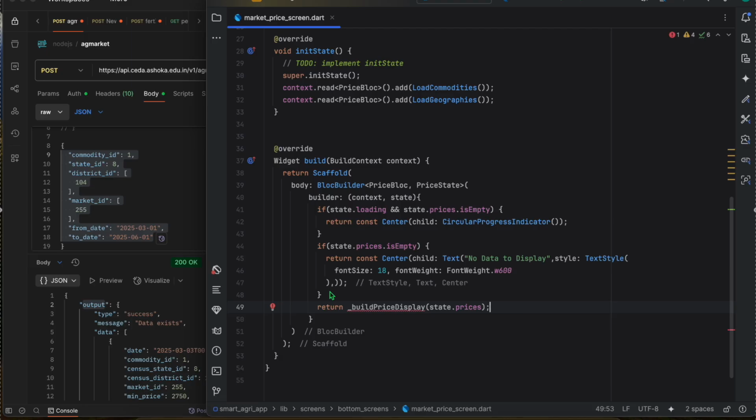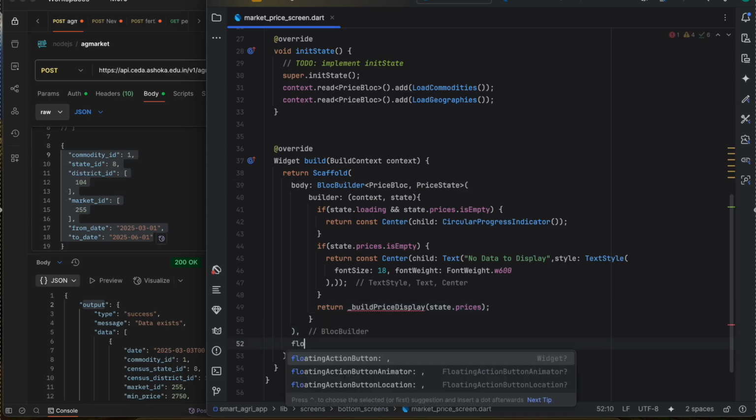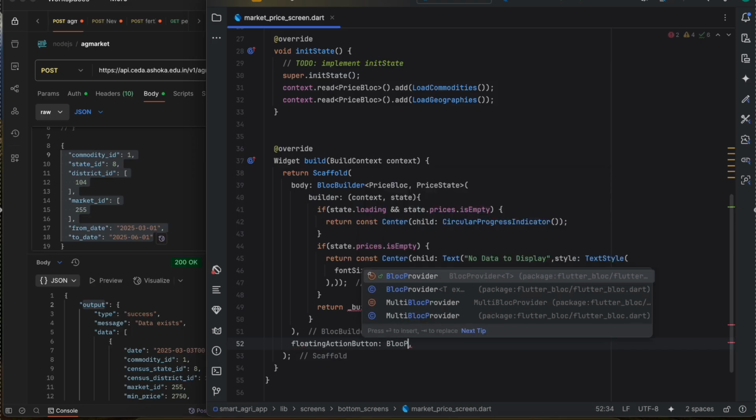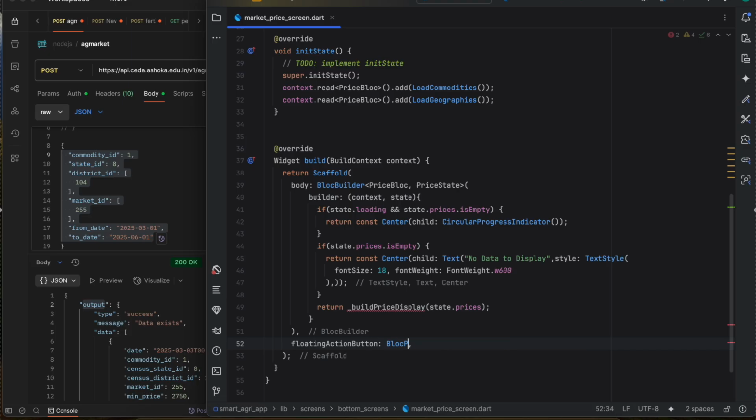Also before display, we first need to select, right? For selecting, as you already mentioned, we need one floating action button. Okay, so block builder, everything will be